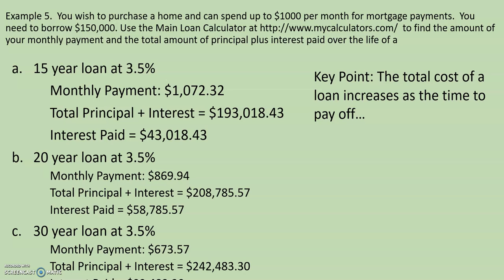Okay, the 15-year loan at 3.5% is $1,072 for your monthly payment. Total principal and interest is $193,000, and your interest paid is roughly $43,000. If you increase the time of that loan another 5 years, you can see the decrease in the monthly payment to $869.94. Your total principal and interest is $208,785.57, and your interest paid is